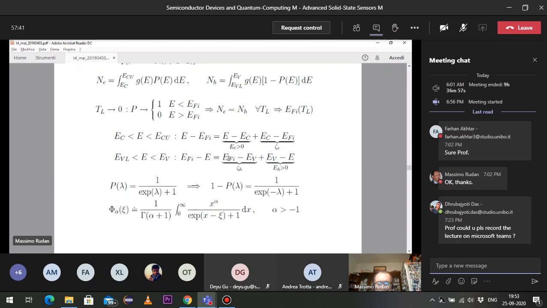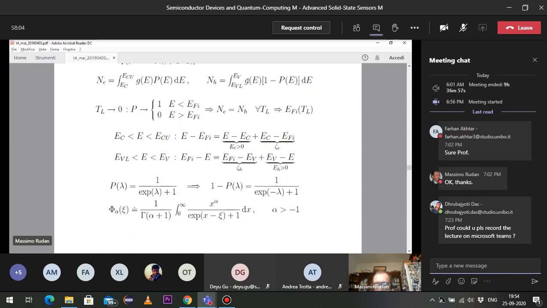At this point, we simply replace this definition in the two integrals, and then we also must give a form to the density of states, and we use the parabolic band approximation